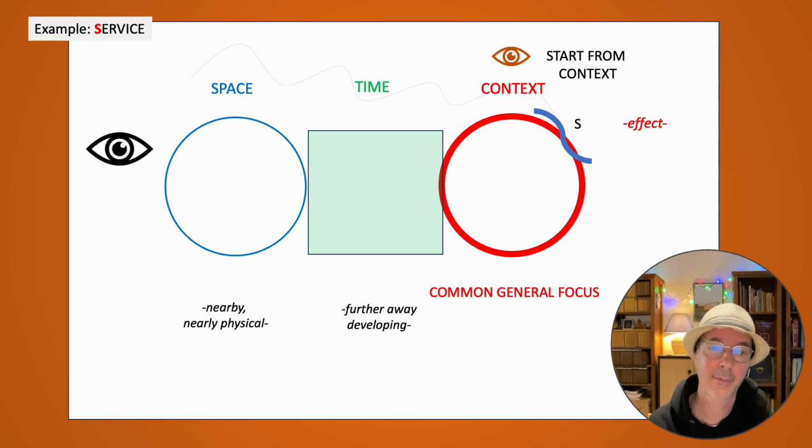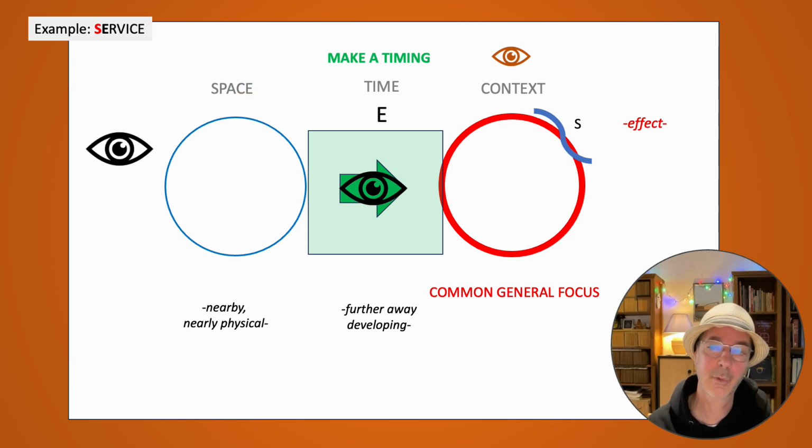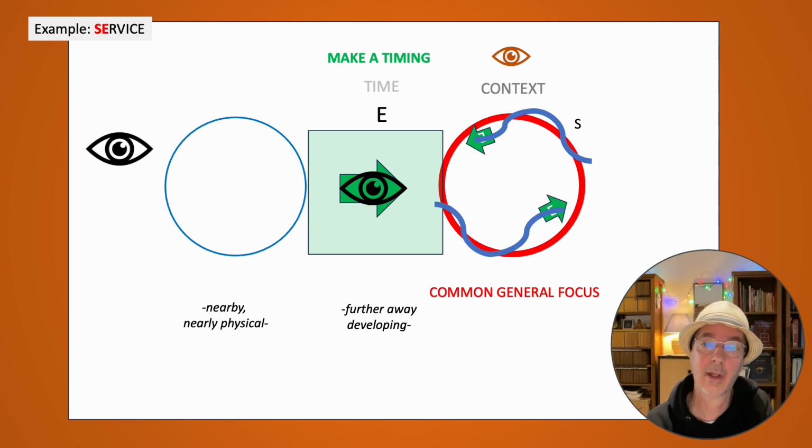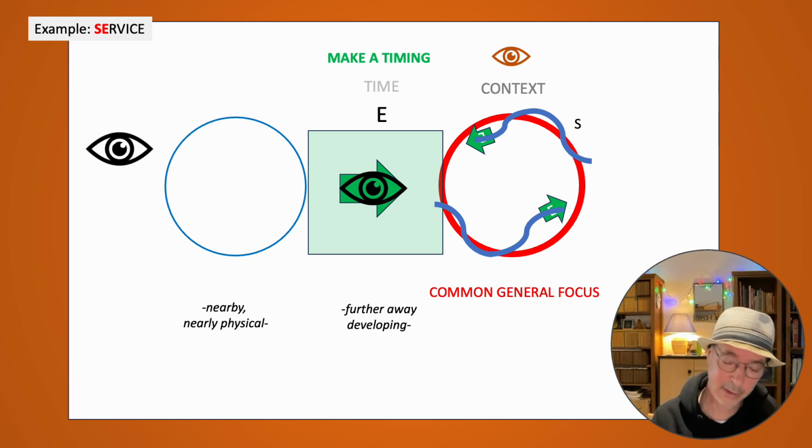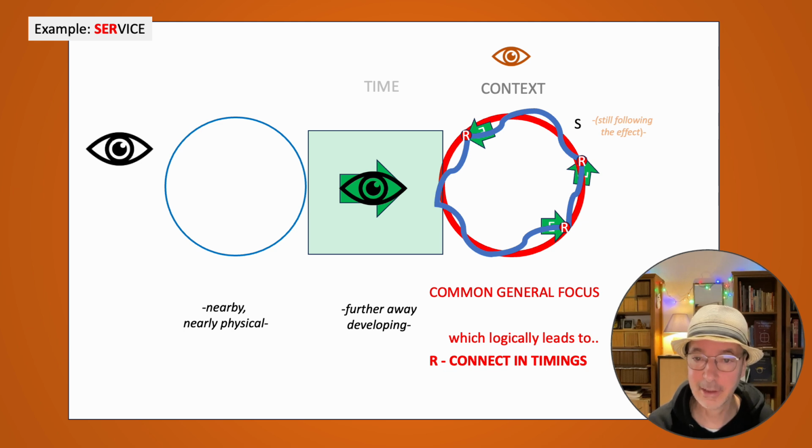That's my first letter. The second letter will be the timing. So that means that I have to go and watch what this S will lead to after a while. And I will do that. I will go and see where this S is going to. This logically leads to the next letter, the R, because R is making connections in timings, connecting the timing. So within my frame of general context, I will do that. I will make the